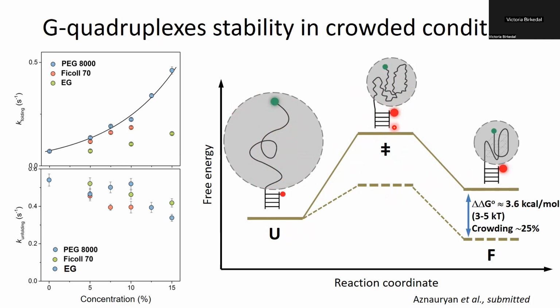And then because of the crowding, both this transition state and the pure folded structure would be affected. And so this would strongly affect the folding rate and not change the unfolding rate, which would be between the folded state and the